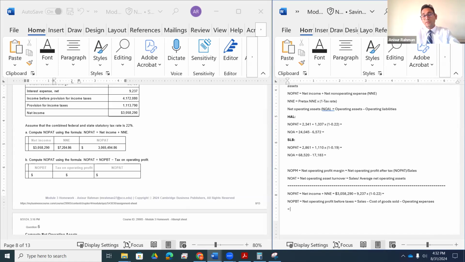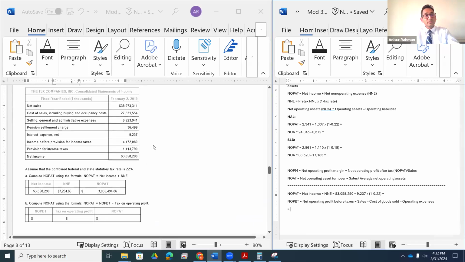So our net operating profit before tax will be,